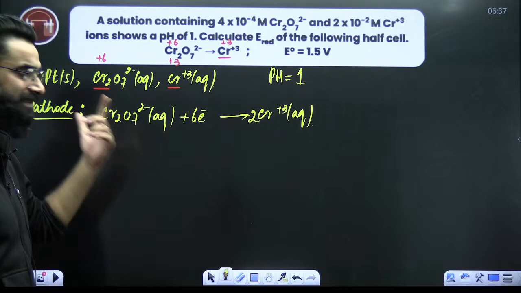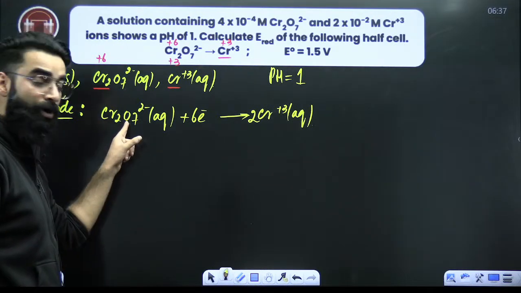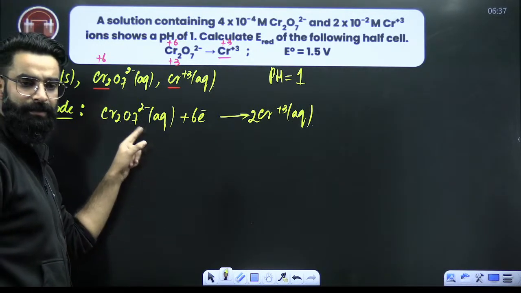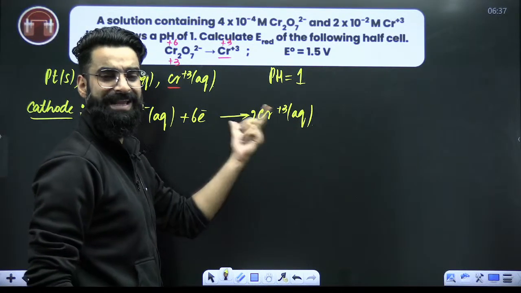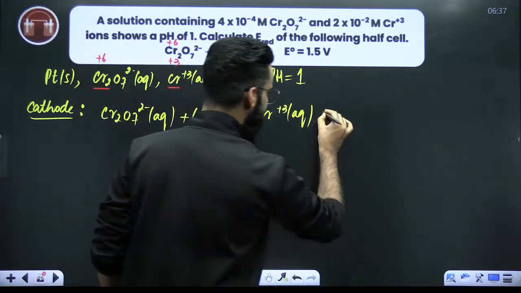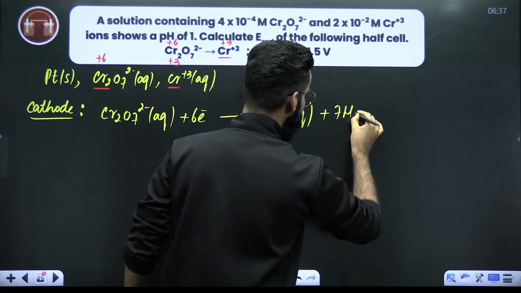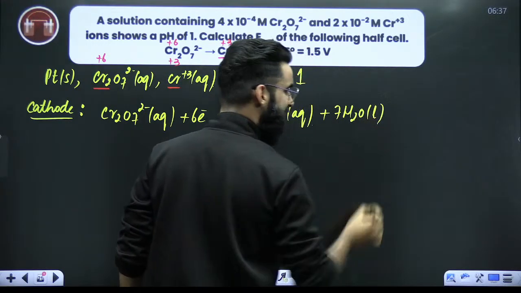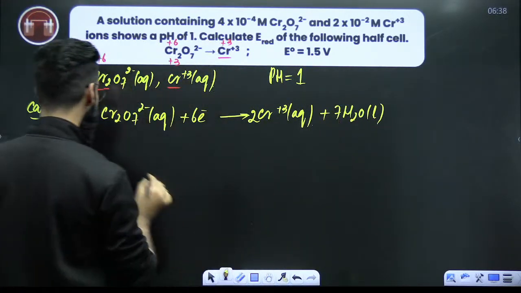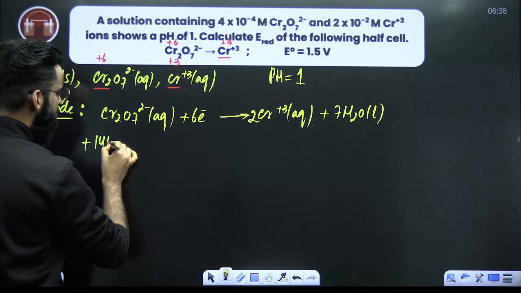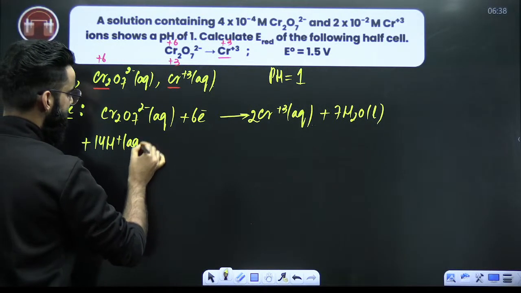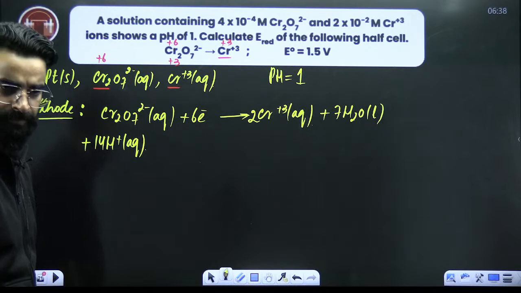And how do you balance the reaction in acidic medium? 7 oxygen on this side, no oxygen on the right side. So the right side is oxygen deficient. So add 7 water molecules on this side. Now, after this, balance hydrogen. 14 hydrogen on this side, so it has to be 14 H positives on this side as well. So now the reaction is balanced.